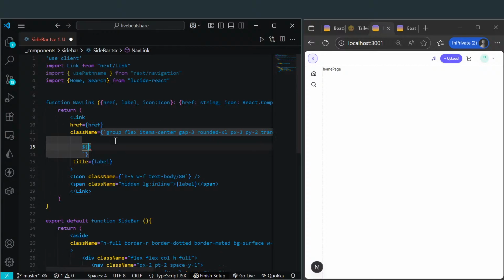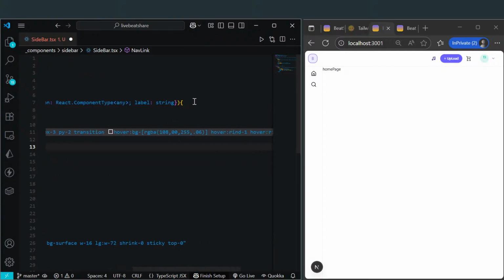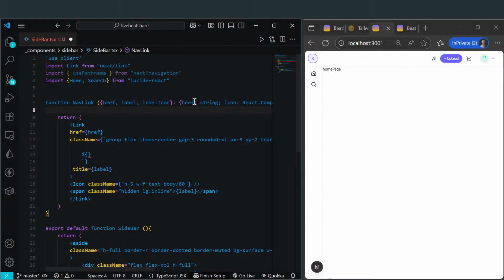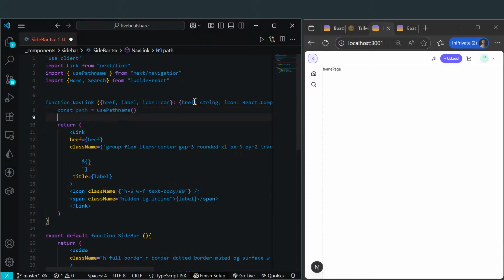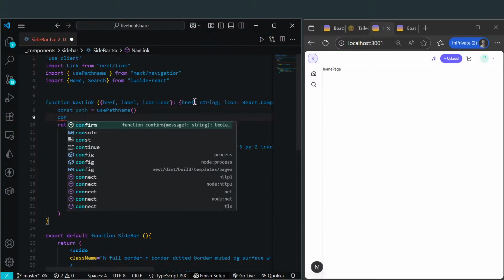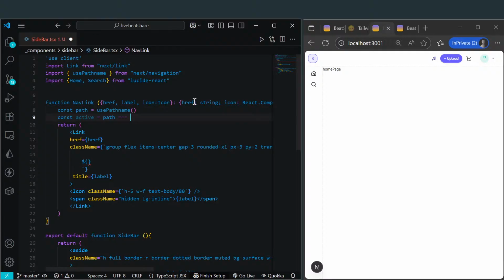Underneath the curly braces, I should say, we'll go const path is equal to usePathname. Be sure you call it. And then we'll say const active is equal to path href,